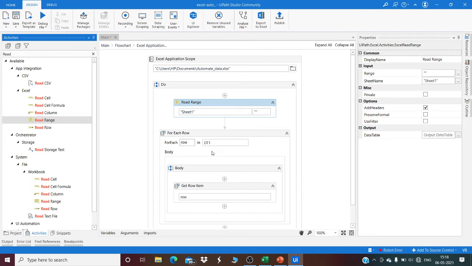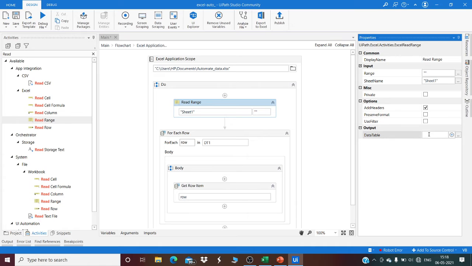Now we are back in UiPath. I have Sheet1 as the name over here, so I'll name it as it is. I want to read the entire data, so I will put double quotation marks over here. If you want to read from A1 to D2 or anything you want, you can read it. In my case, I'll put double quotation marks only and press enter. In the properties section of the output data table, select the data table you have created, that is DT1, and press enter.